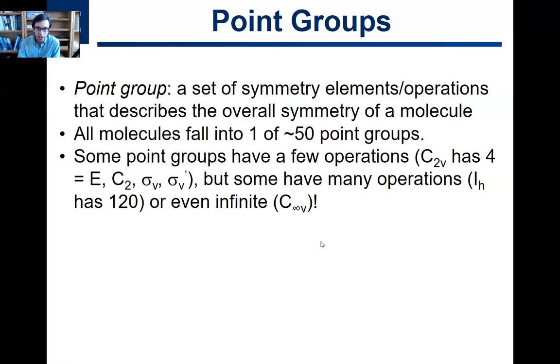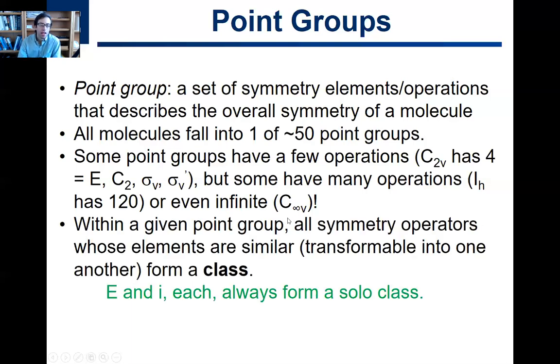Contrast that with the icosahedral point group, given as IH. This has 120 different symmetry elements. Or some actually have an infinite number of symmetry elements, and we'll explain that in a bit, but an example of those is a linear molecule, C infinity V. And so once we dive into a particular point group,